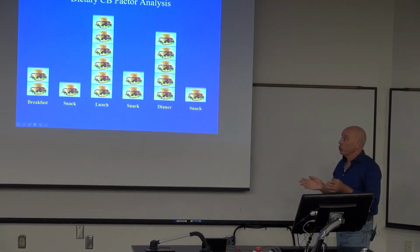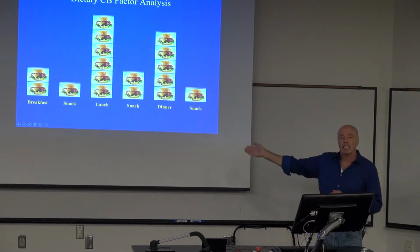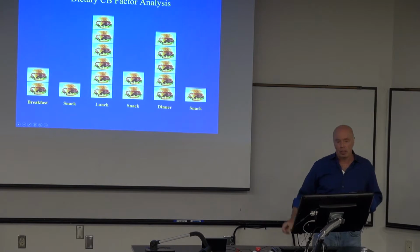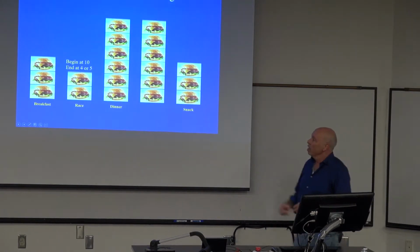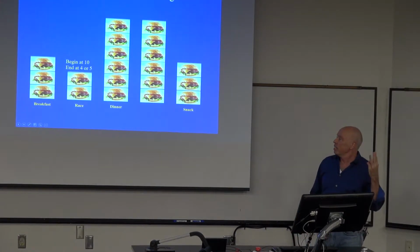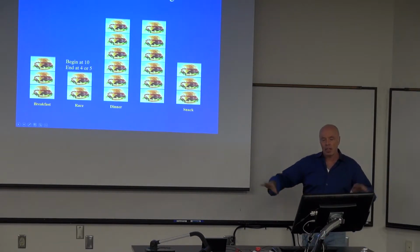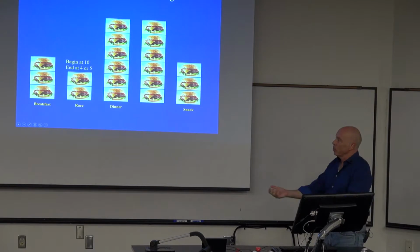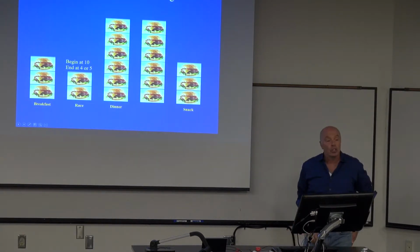However, when you get to the tour, or when you're in the tour, you don't get to eat as regularly as this, so you have to eat somewhat on the road. So this is what it looks like. You get up for breakfast and you have 3 cheeseburgers worth of food. All right, you start the race around 10. At the beginning of the race, you'll ingest some food because it takes a while for food to get from your mouth and through your gut and into the bloodstream to provide you with energy, so you have to eat early. All right, so during the race, you'll eat maybe 1 or 2 because